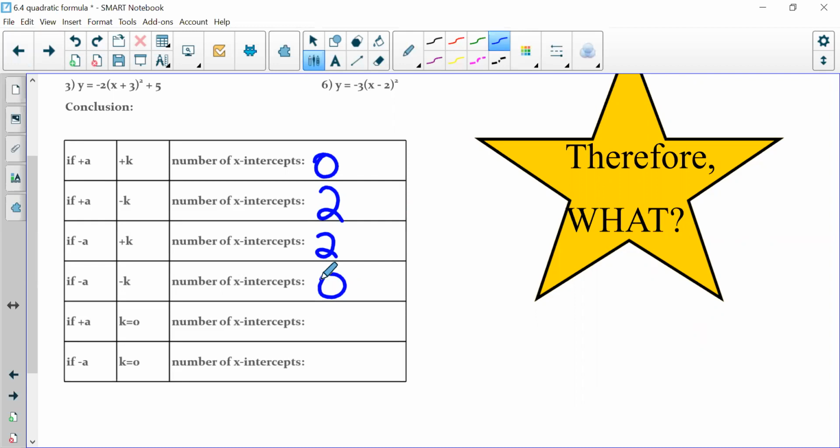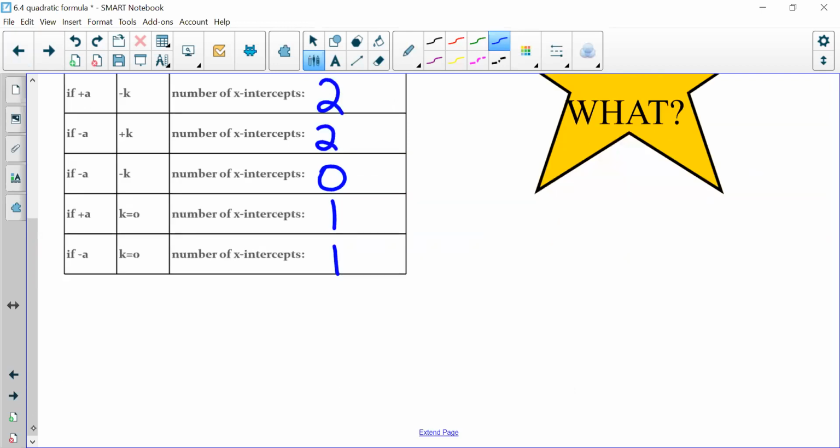What if K was 0? We just did one of these in our examples. It's going to have 1, because it's sitting right on the x-axis. So your end conclusion is if the A and K have opposite signs, there's 2 x-intercepts. If they have the same sign, there's no x-intercepts. And if ever K is 0, it has 1, because we're sitting right on the x-axis. You don't need it in a chart form though. You already have that in your head, so just picture it or sketch it. Either one is fine to come up with conclusions about the number of x-intercepts. Okay, we are going to